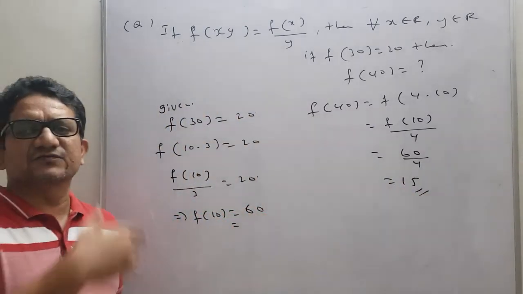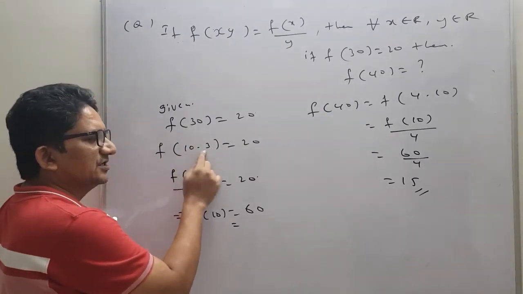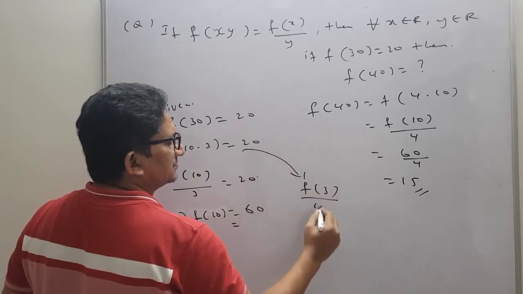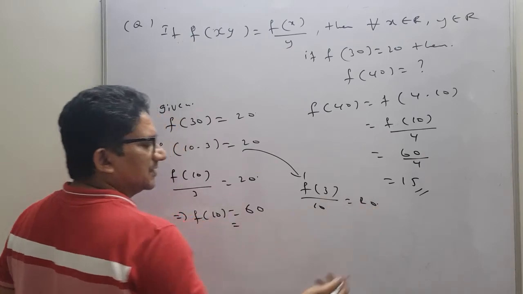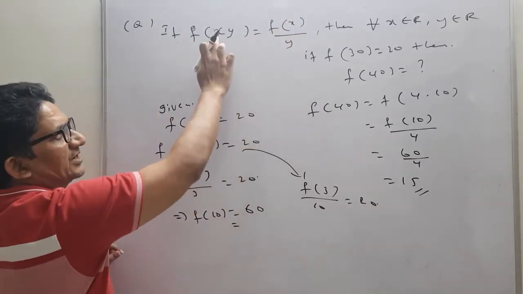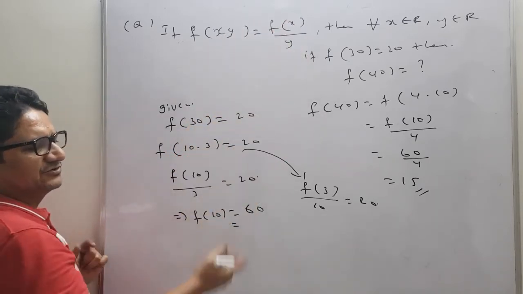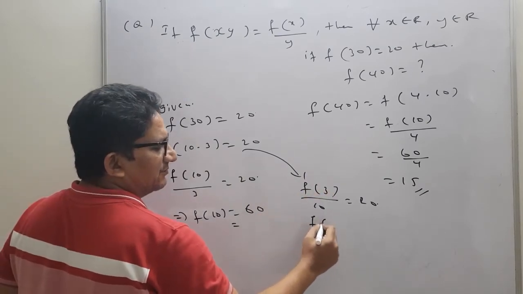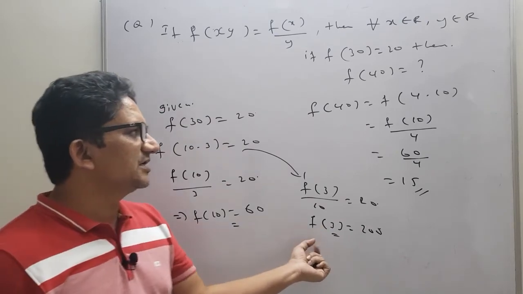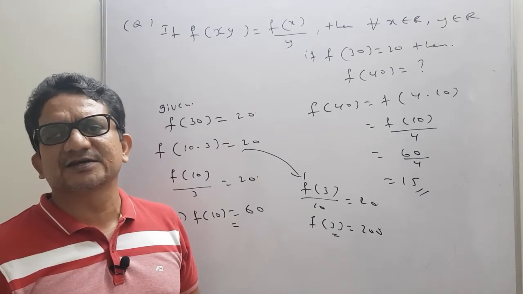So, here we need to think wisely while splitting. Here we got f of 10 into 3. So, you may get a doubt, why can't we split like this? That is also possible because of the question. The question is that one value it is keeping. So, xy means x it is keeping, y it is leaving. What is x, what is y, we do not know. So, we can write a pattern like this also. But while writing the pattern like this, we will get f of 3. But how can you generate 3 here in 40? We can't generate. That is why it is actually a pure logical game.